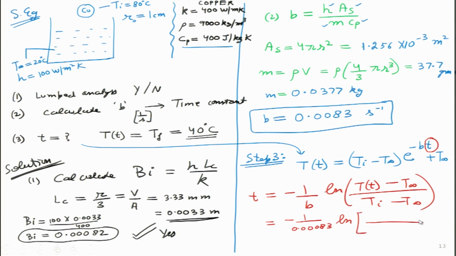So, let us see what our numerator is going to be. What is this first term? Temperature at the given time, we want it to be 40 degrees, T infinity, the fluid temperature, is 20 degrees, initial temperature 80, and this one. If I have a calculator, I can calculate the natural log, do the subtraction over here, and if I write that time value over here, it turns out to be 132.4 seconds. Let me draw a circle on top of it. So, this is the final result that we were hoping for.